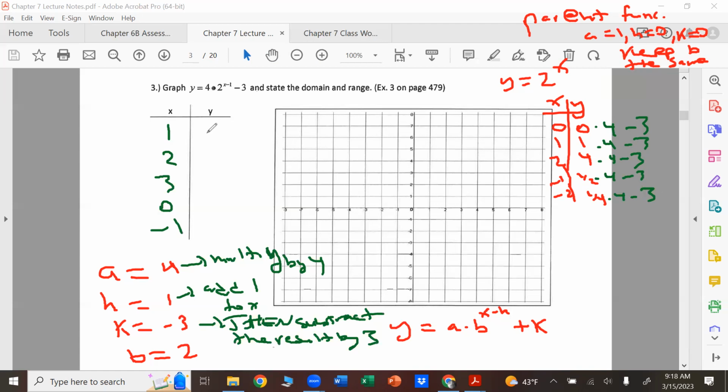So the first will be -3. Then it'll be 1. Then it'll be 13. Then it'll be -1. And then it'll be -2. So when you do it this way, you're very calculating about it, right? You're very methodical. And then you have the graph correctly. Plus, if you plug 1 into this, right, you're gonna get